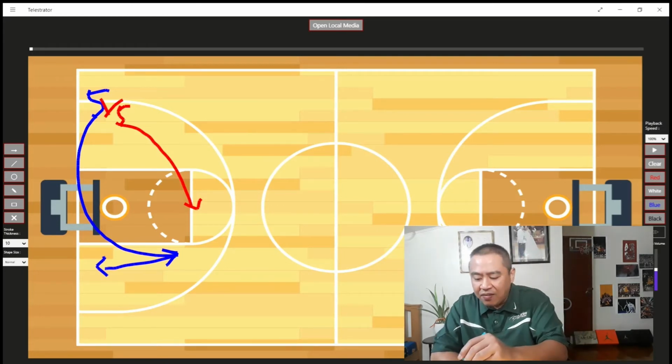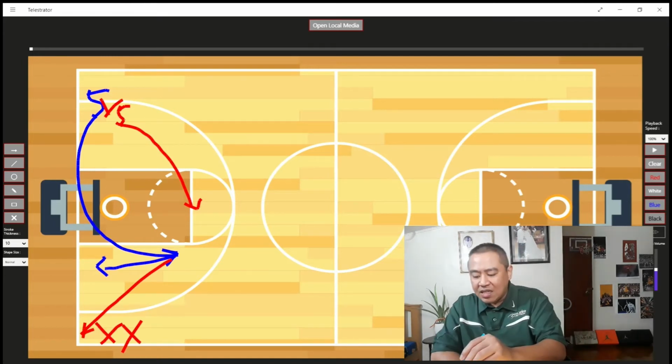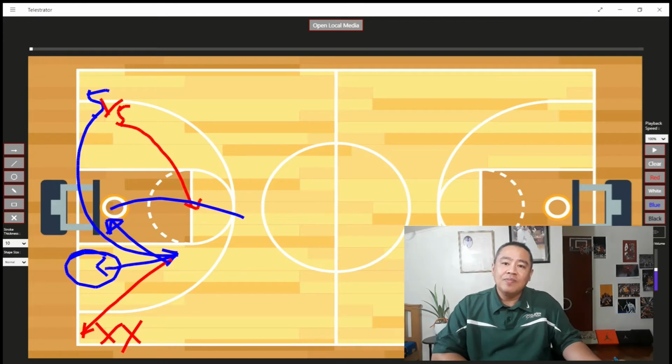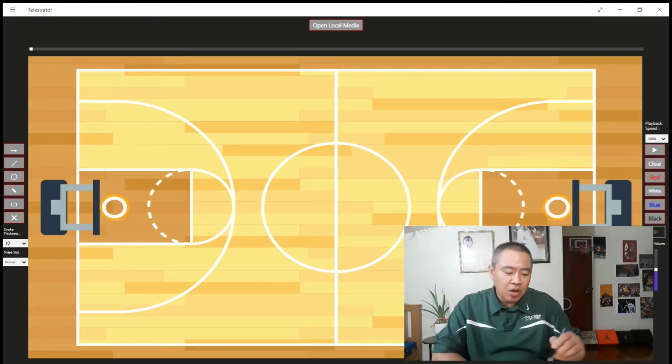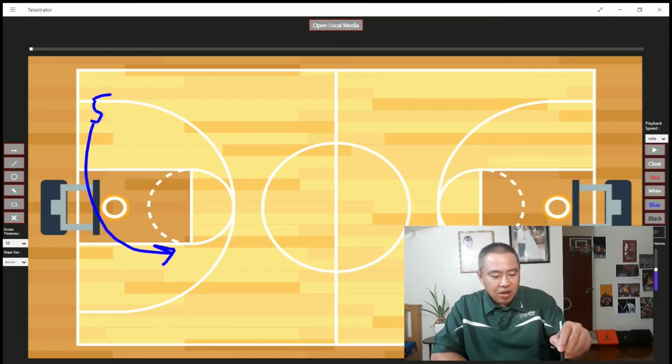He doesn't have to go all the way here. No, you don't have to. Okay? He can settle for a short corner jumper or actually a backdoor for a lob pass. And that is only possible if 5 focuses on going here first and not to go like most shooters